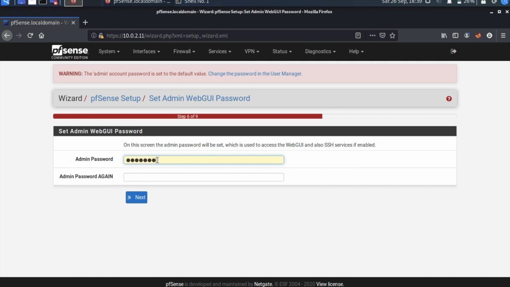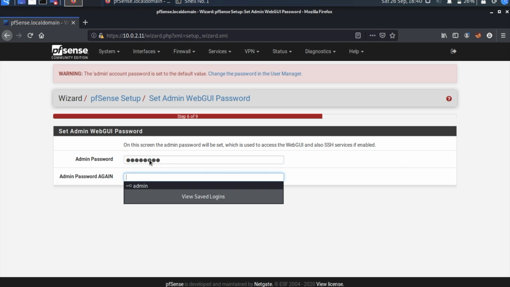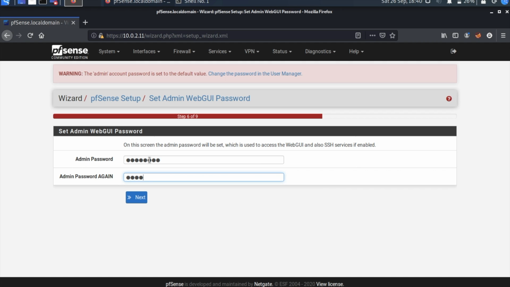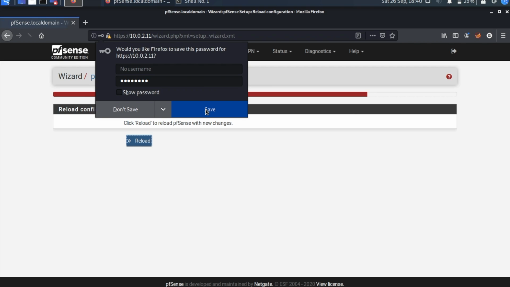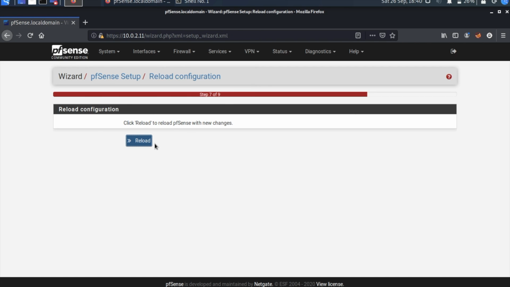yeah, so we have to set the web GUI password. Next, and reload.